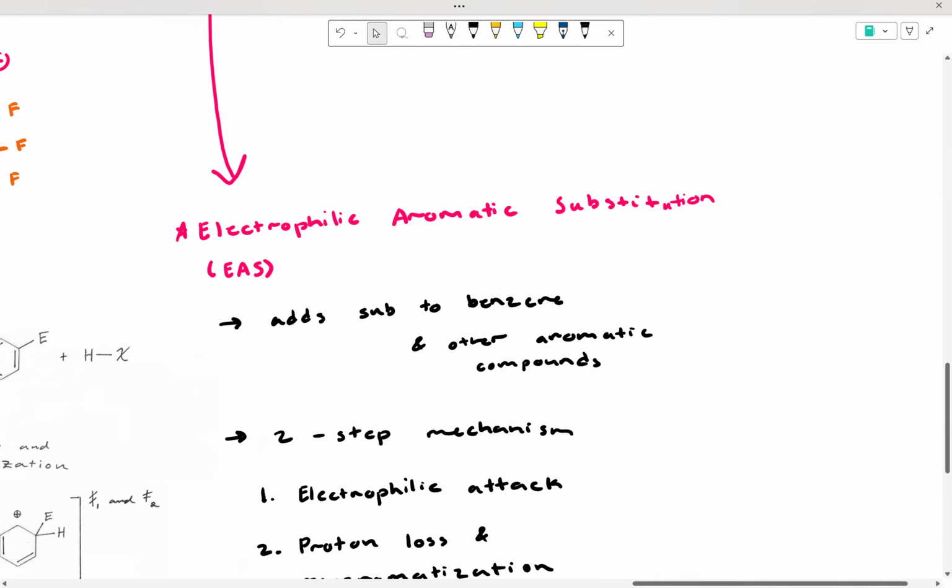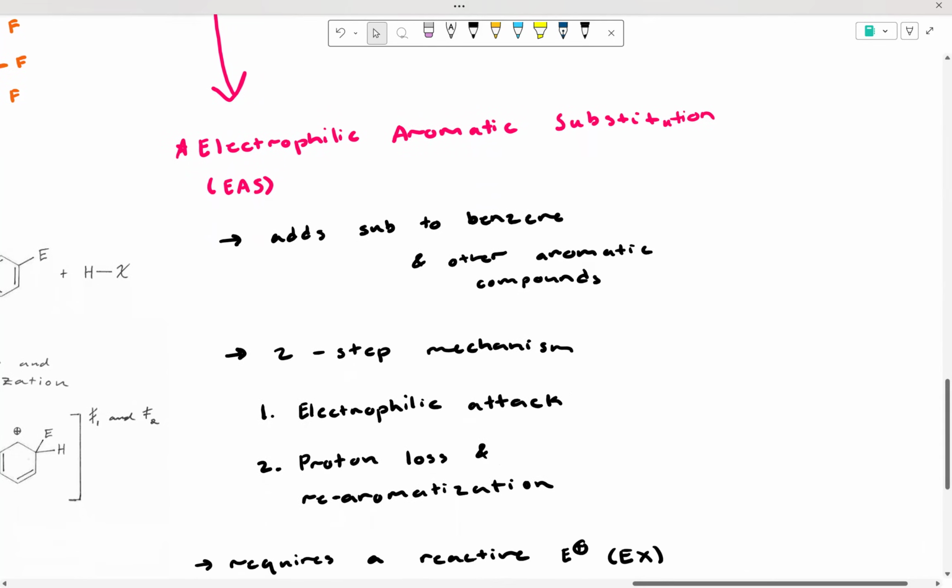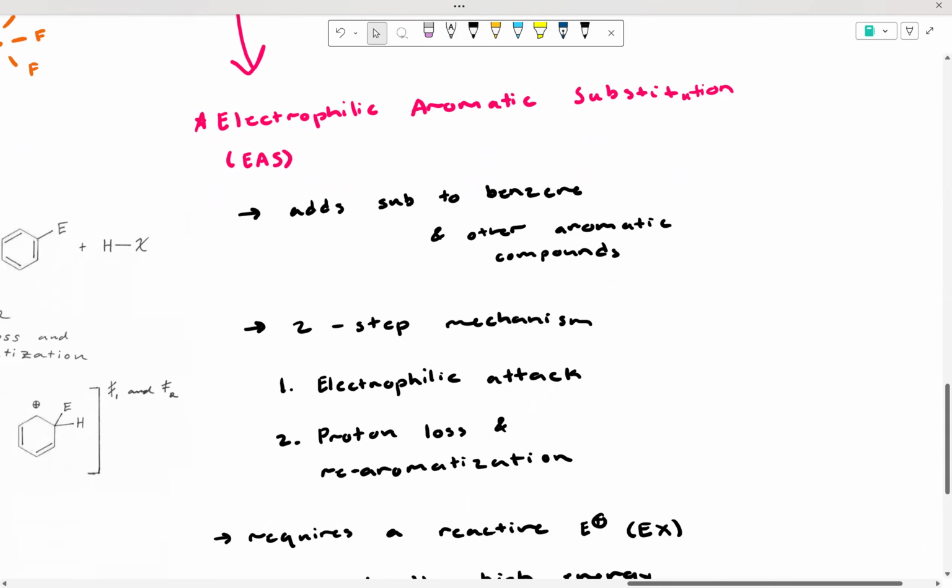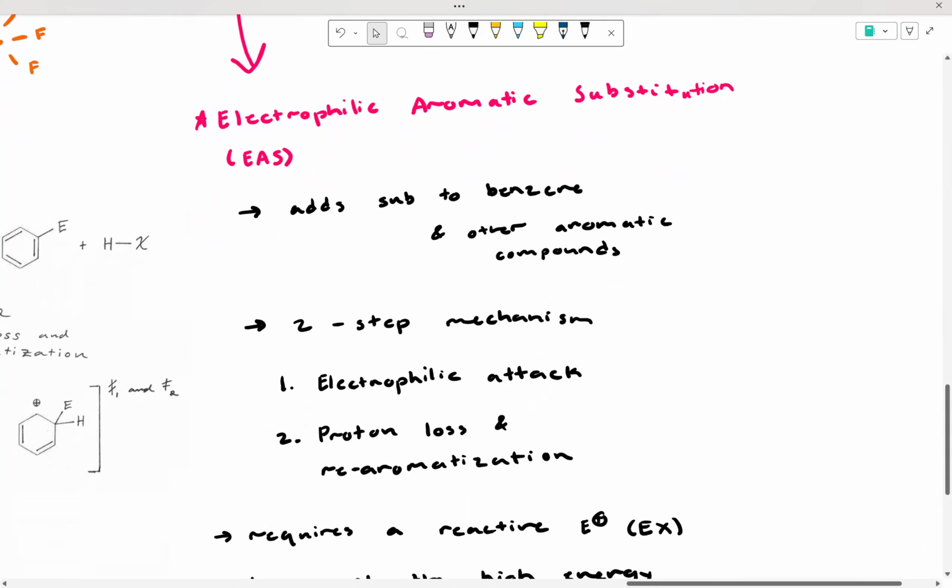This reaction adds a substituent to benzene and other aromatic compounds. This is a two-step mechanism where the first is electrophilic attack. That means we need an electrophile, some sort of electron deficient molecule. The second step is proton loss and aromatization, which is just regaining